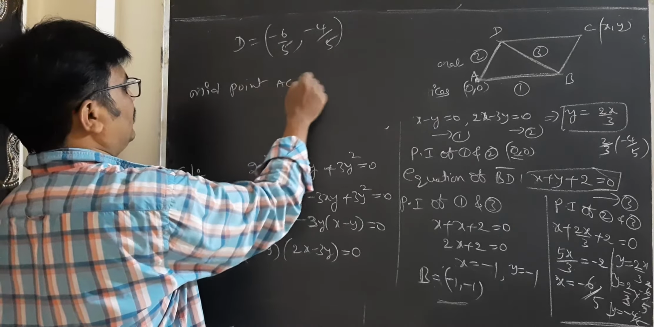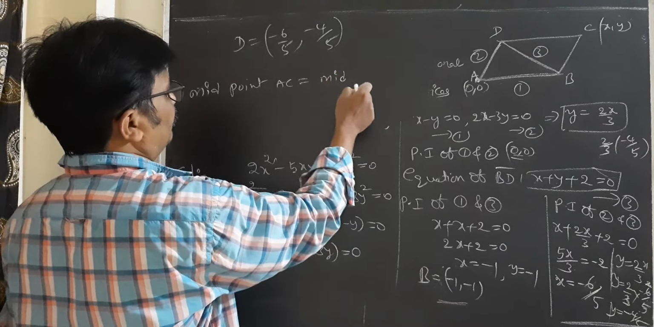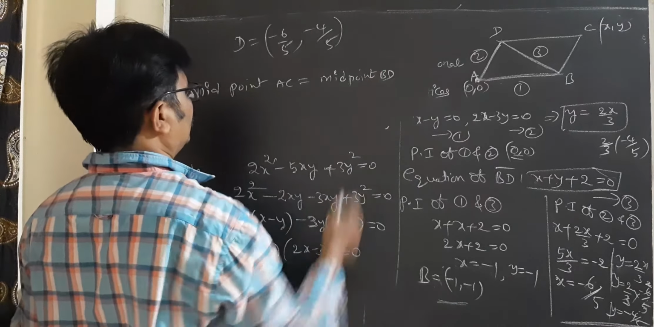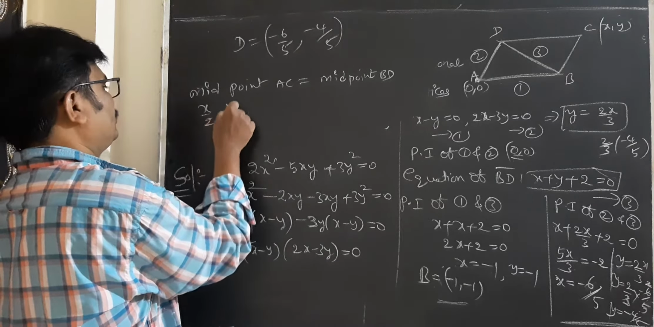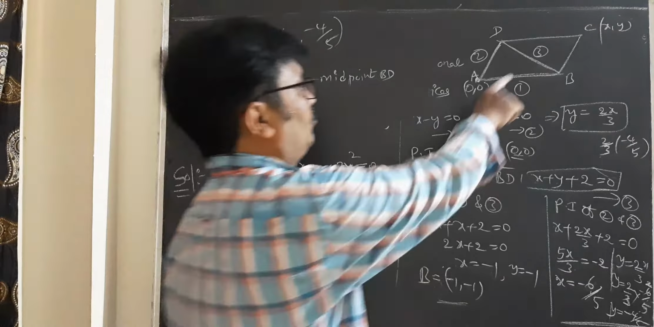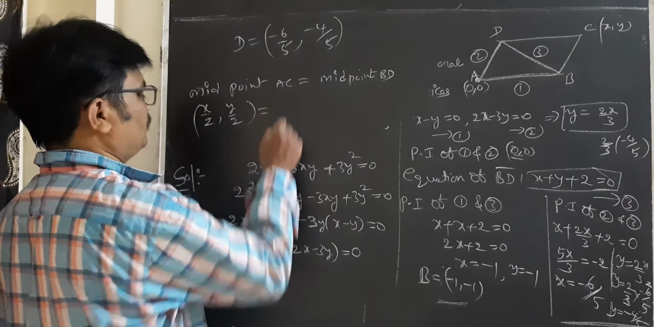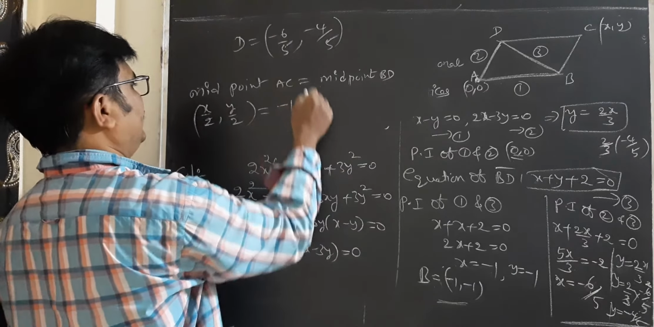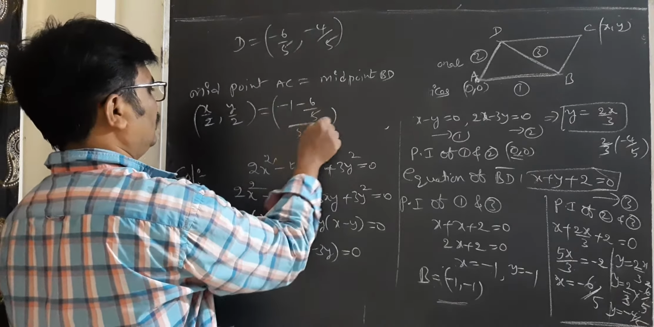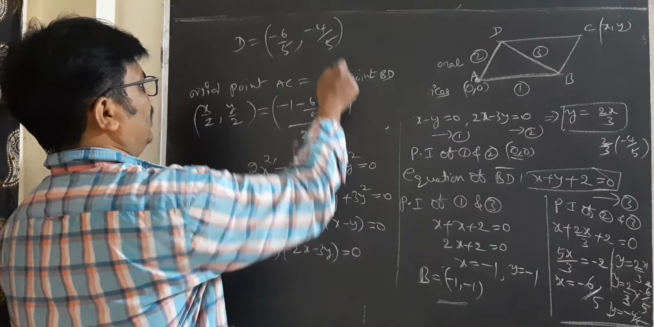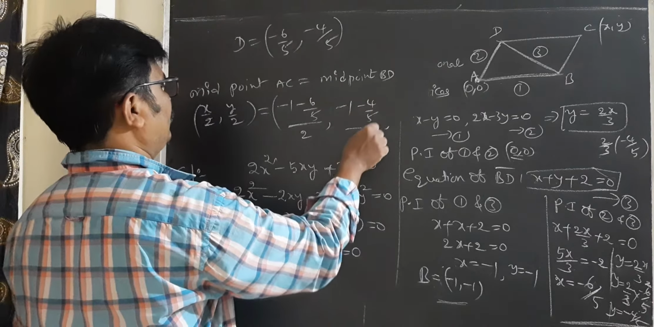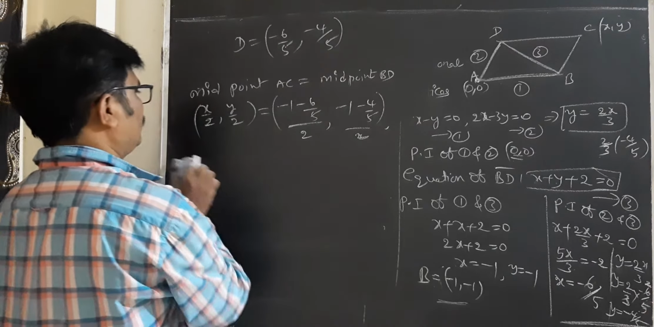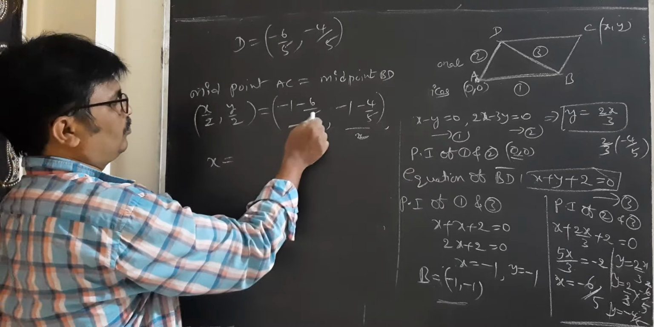the midpoints of diagonals bisect each other, then you can write midpoint of BD. The midpoint of AC is x plus 0 by 2, y plus 0 by 2. Now the midpoint of BD is minus 1 minus 6 by 5 whole by 2, comma, minus 1 minus 4 by 5 by 2. So dear students, undoubtedly here the x value, 2 cancels, x equals minus 5